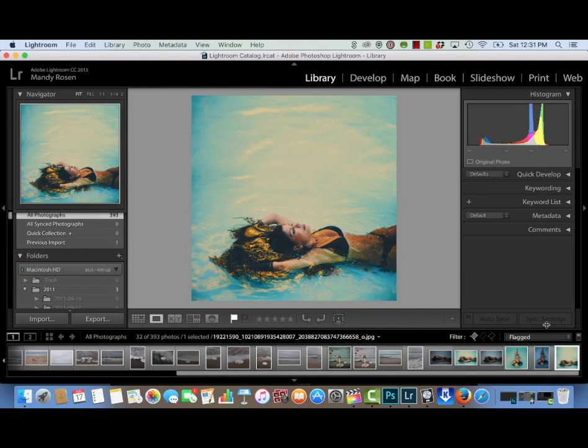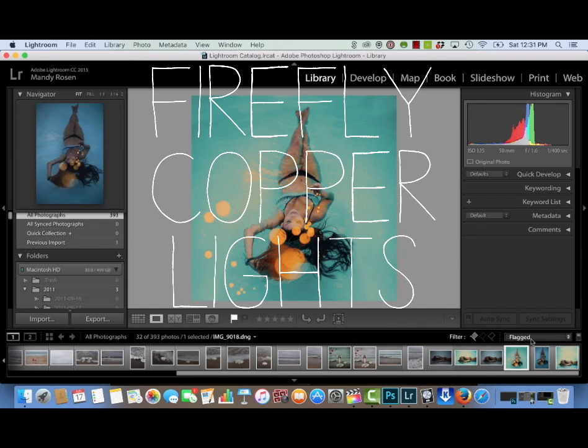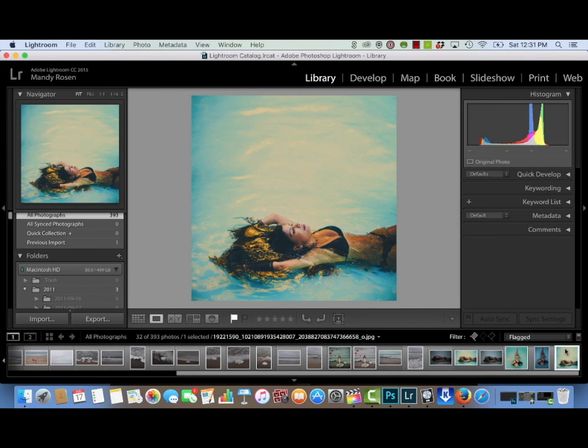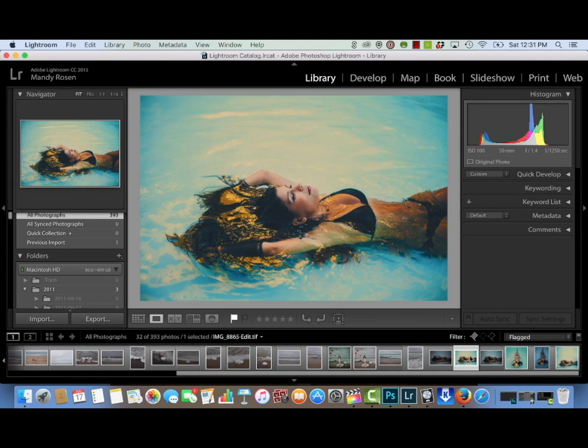I will be recreating this picture and this picture, which are both expansions and also require the use of Firefly Copper Lights. Well, at least for this picture. This picture obviously didn't have the lights. But this picture is interesting because it started off not like a square, but like this. And then I expanded the top of the frame to make it into a square, which I will show you